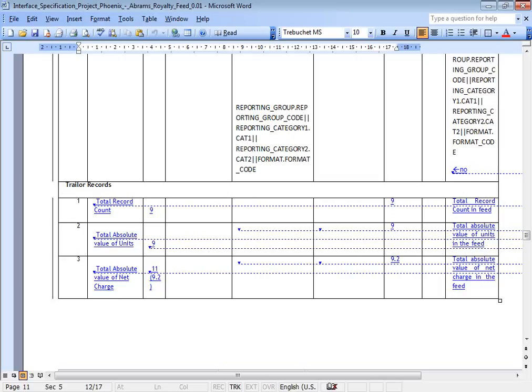So this is calendar month. Let's talk about October. October 1 to 31 days, right? So this feed will run on 31st of October, if this is calendar month end. If it is fiscal, there are a few interfaces, right? Fiscal month ends. That will run on the fiscal monthly basis.